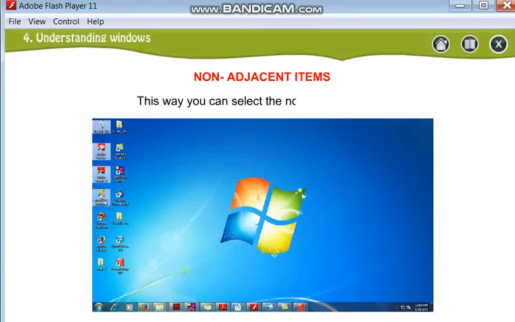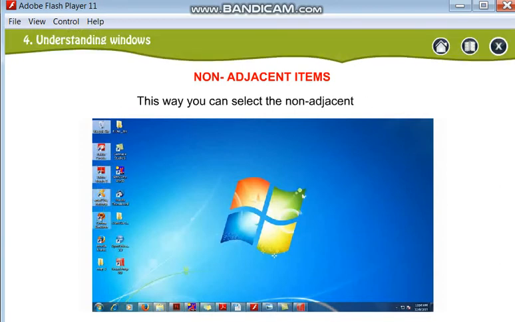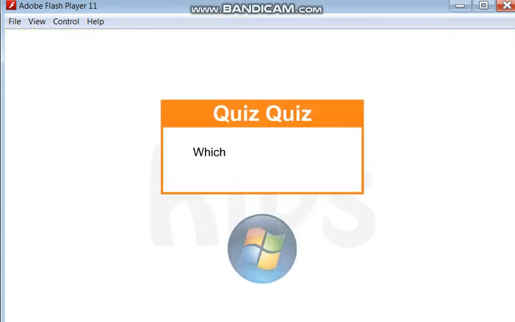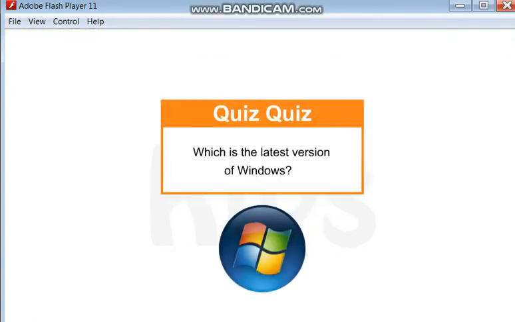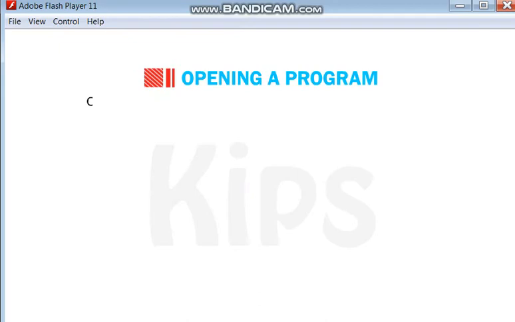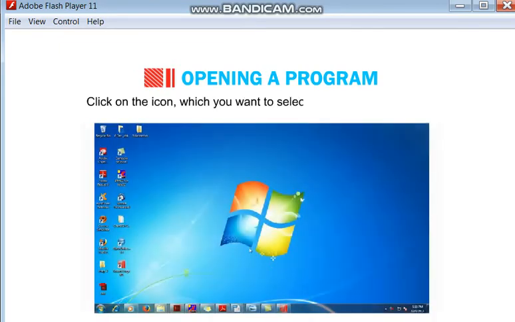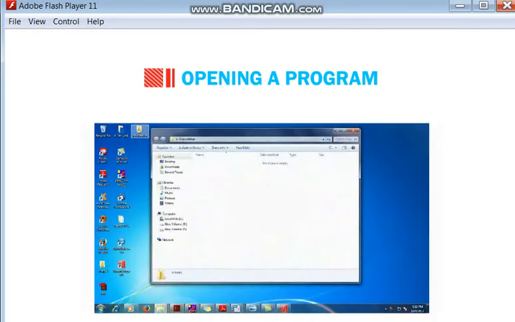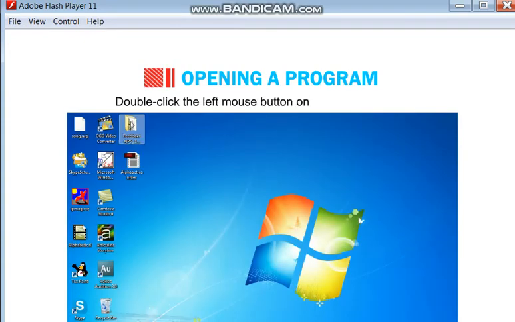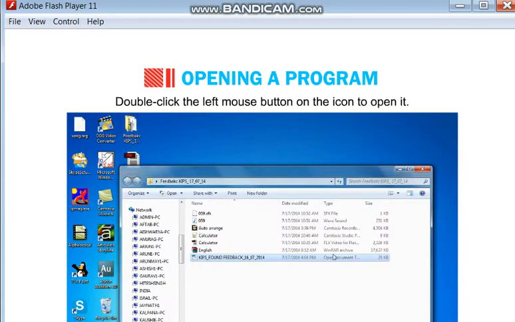Now, the latest version of Windows is Windows 10. Now opening a program. Click on the icon you want to select and press the enter key. The application window will open, or double click the left mouse button on the icon to open it.